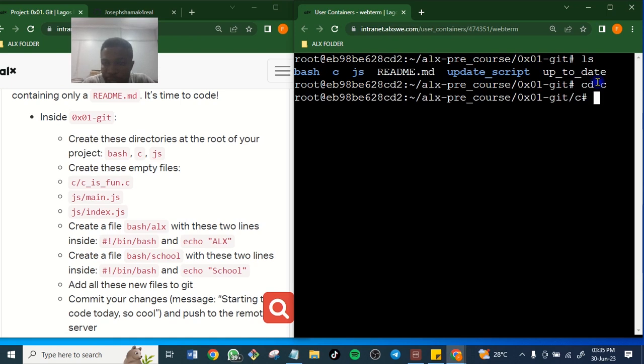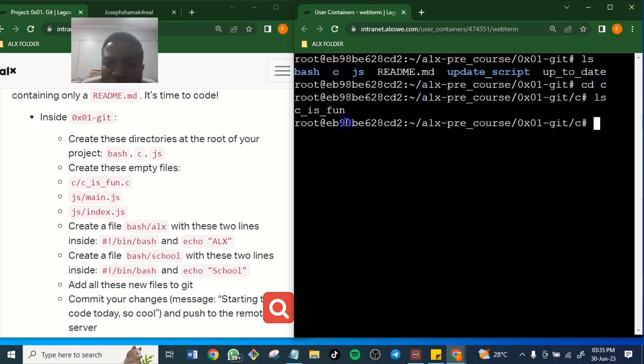Now let's check the file inside C. Let's see what is wrong with it. ls. The file is there, but it is not well written. You can see now the file is there, C/C. So we wrote a different thing entirely. So you see that. So how do we correct this? To correct it, the first thing you're supposed to do is what? rm is for a file, so you just remove it. rm what? C